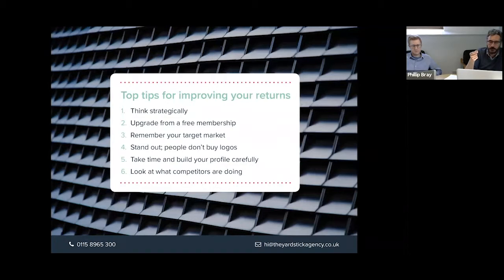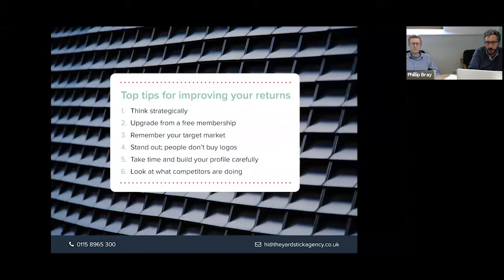Because if someone's doing a directory search on any of them, you are there amongst the competition. There is no place where competition is stronger on the journey to you than on a directory search. So if you understand what sets you apart, and I'm not talking about the old lines of honesty, integrity, and trustworthiness, because if that's all you've got, then frankly, there's other things that we need to look at. But it's what sets you apart from other advisers and planners, why consumers use you, the outcomes that you achieve, the problems you help them solve, the aspirations you help them achieve, all that sort of good stuff. Really important to think strategically before you dive in and start building your profiles.